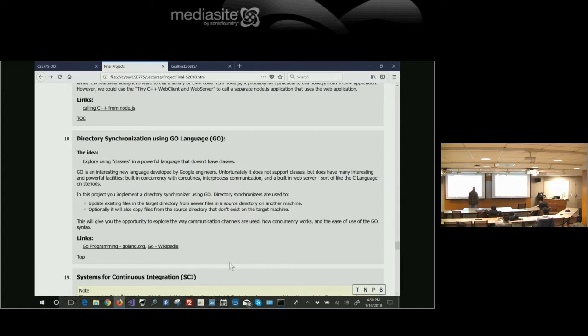So the model here is that we're just going to try doing something fairly straightforward that would be straightforward in C++ or C#, and use one of those other languages. So for example, you might say, I want to use Go, or I want to use Rust. How do I get a graphics, a usable interface with that? Well, since Rust was developed by Mozilla, almost certainly it has a web interface, and you can use it. I don't know whether Go does. I would be surprised if it didn't. So that's the model for that project.